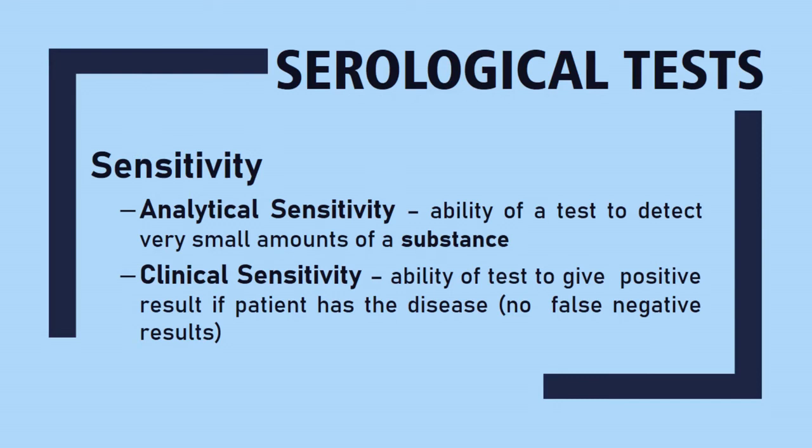When I say clinical parameters, what do I mean by that? That if a patient is positive, it should be shown positive. If a patient is negative, it has to be shown negative only, in either case. But there are some kinds of factors that may be interfering with the results and that may be manipulating our results, which might give us false positive or false negative results. So we will discuss this when we talk about the applications of the antigen antibody reaction.